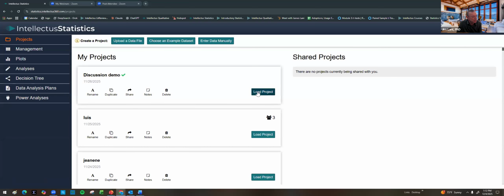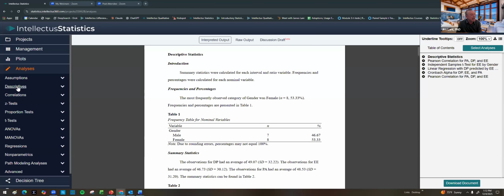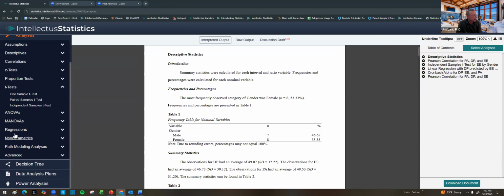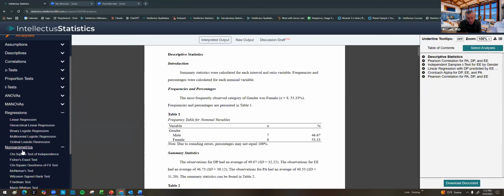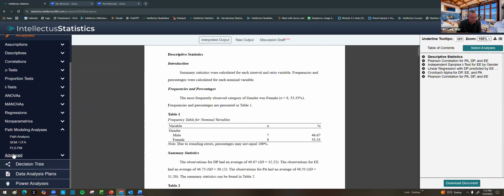The thing to do is, well, let's just walk through some of this. Just to say that there's descriptives, there's correlations, there's t-tests, there's ANOVAs, MANOVAs, regressions, chi-squares, and other non-parametric tests, SEM modeling, to use Amos or